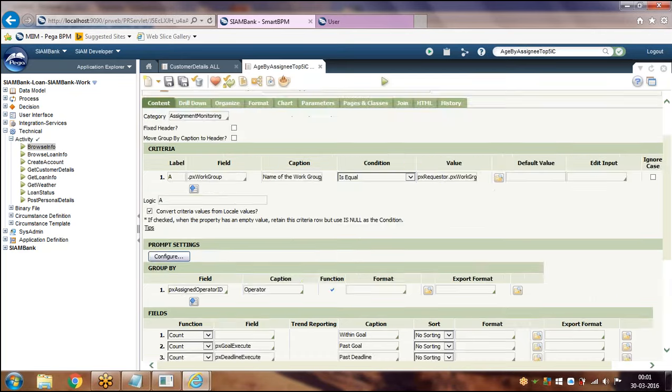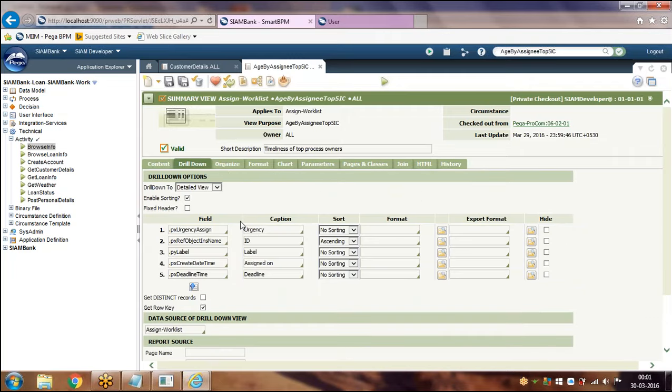Okay, and you can drill down to the list view rule. On click of any record, you can drill down to the list view rule.